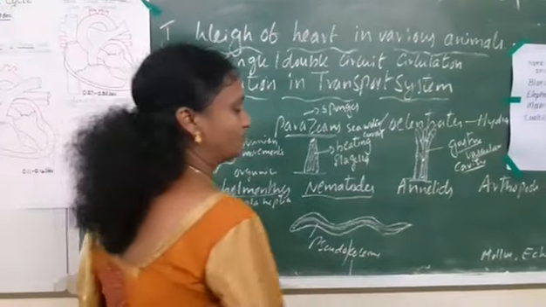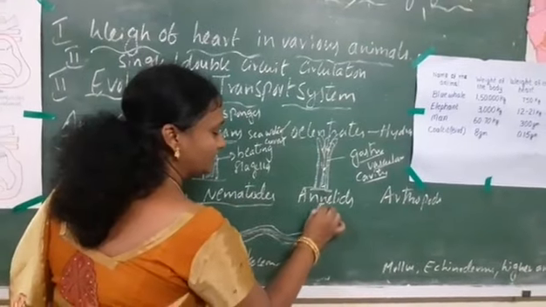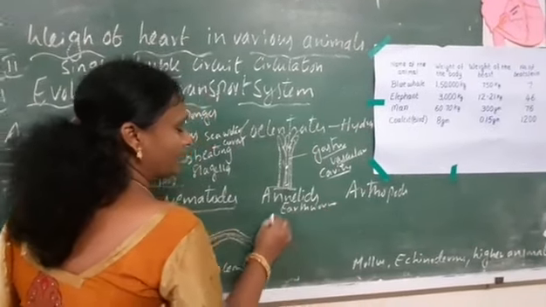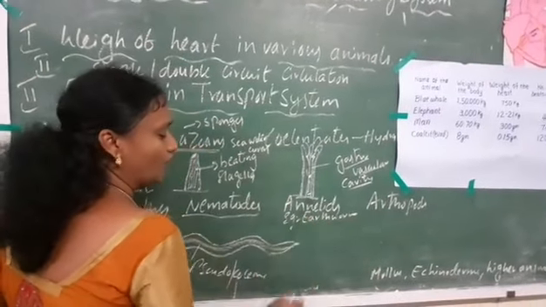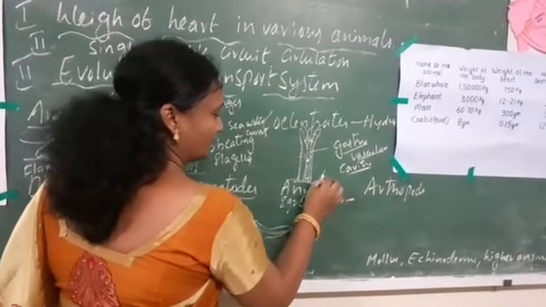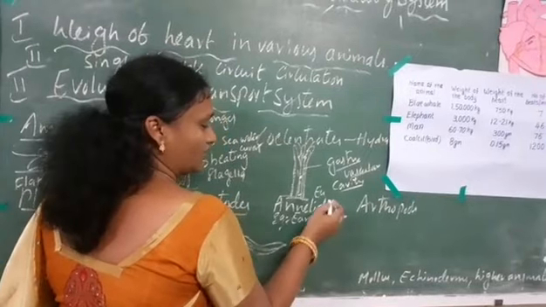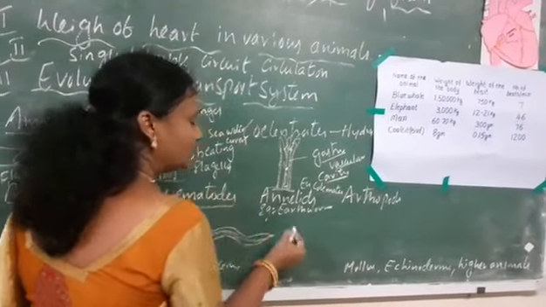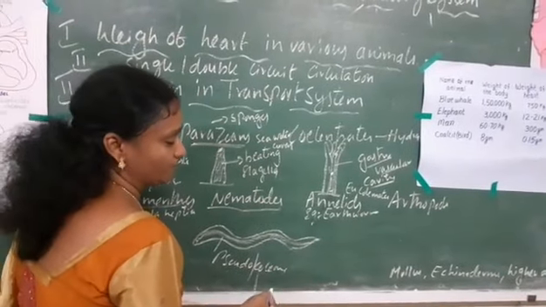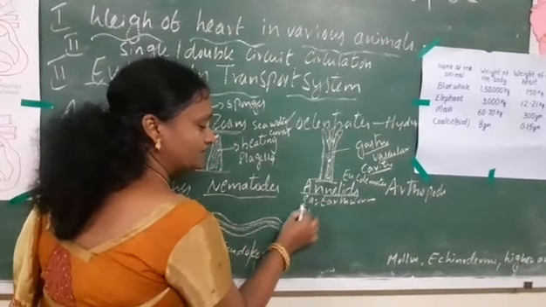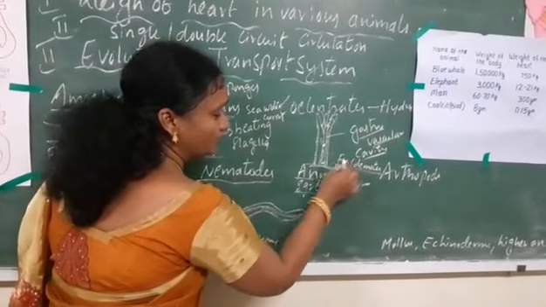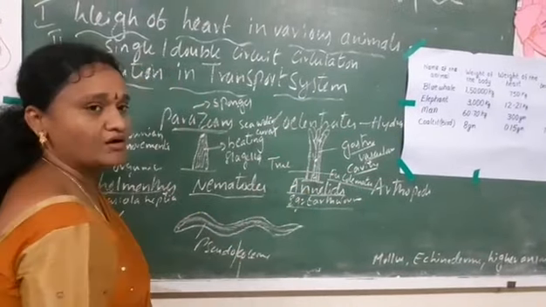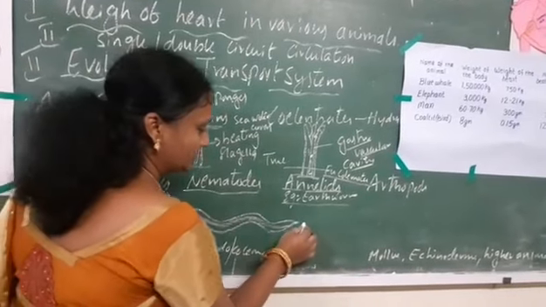Next, let us go for the annelids. These are coelomates, and an example for the annelids is earthworm, true coelomates. So from these we can observe some organization, that is, well developed organs can be clearly seen from this grade of animals. So the annelids, example earthworm, they are eucoelomates. Eu is nothing but true, so coelom-having animals are called eucoelomates. Now let us take the earthworm.